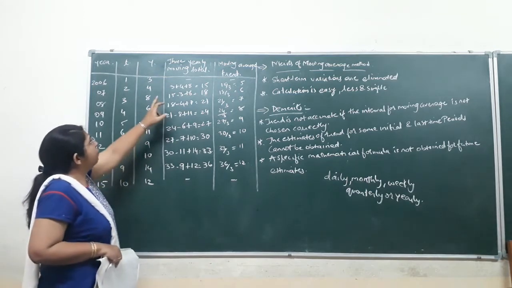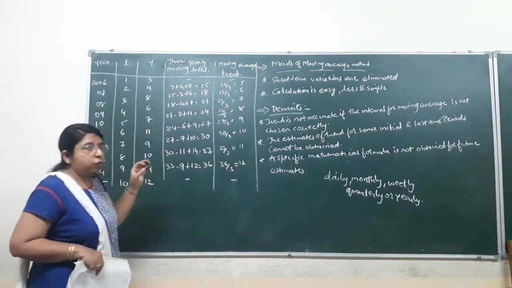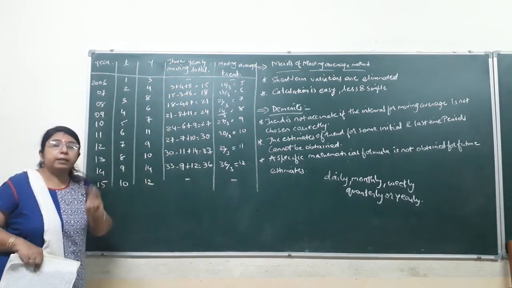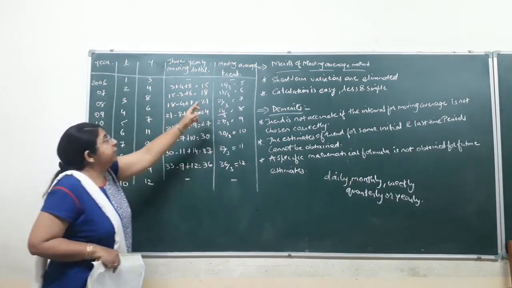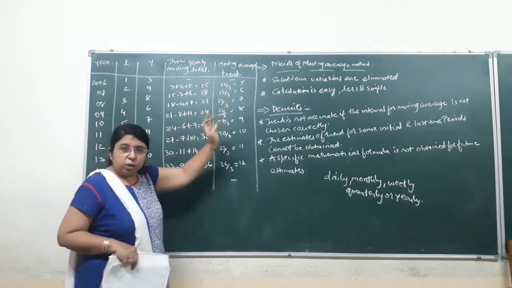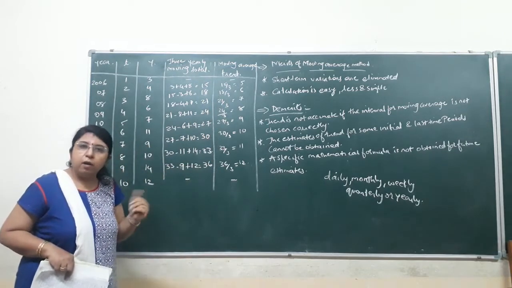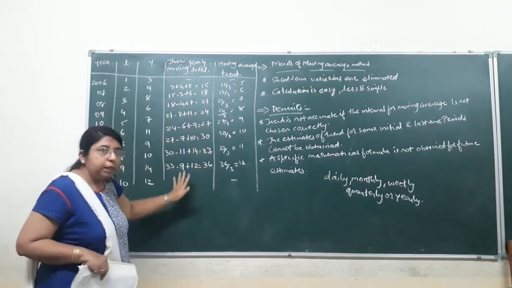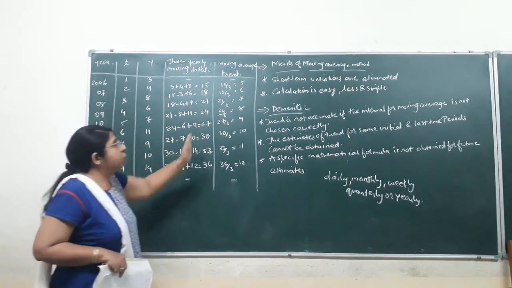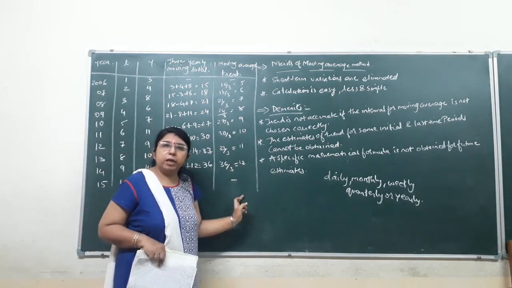First of all, the heading that I have given is 3 yearly moving total. First you have to find the total of 3 yearly, and then from that you have to find the average by dividing by 3. If it is 4, then you divide by 4. If it is 5, then divide by 5. Here it is the 3 yearly moving average. So whatever total comes in this column, you divide by 3, and then you will get the trend of each and every year.